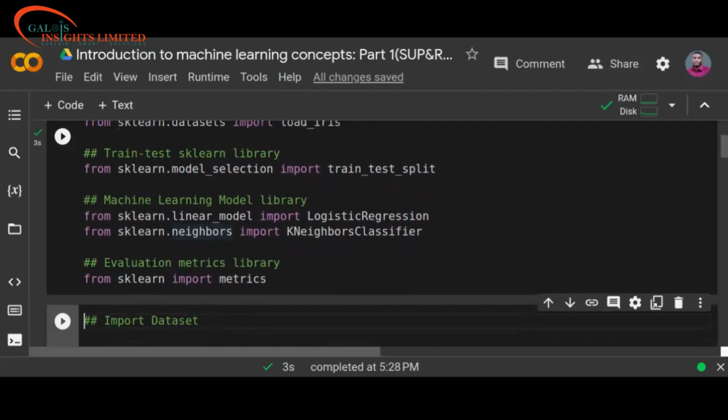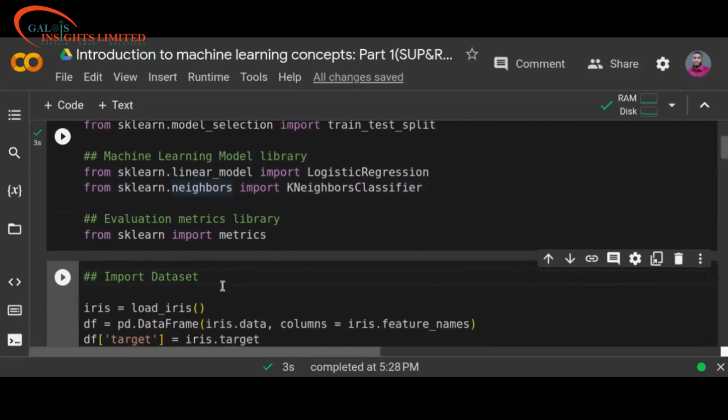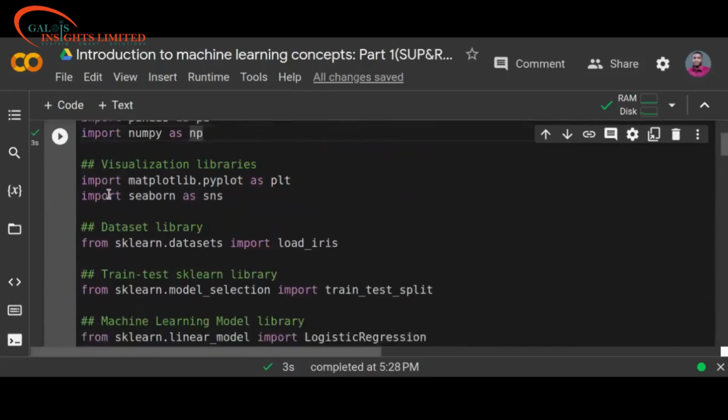Yes, so the next one is model selection. It's also a library which helps you to split your data sets, that is train test split. It's a function that helps you to split your data sets into two, one for training, one for testing. And what this line of code is simply doing is that